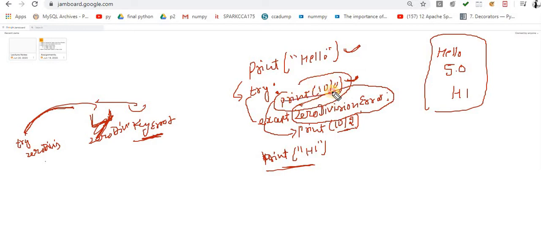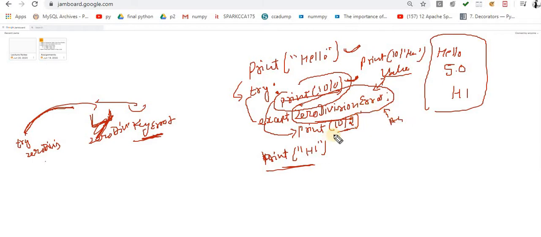By mistake, if you try to do print 10 divided by this 10, now this is the value error. Now the error will be thrown over here. Now this except block, the catcher is zero division error, but I am getting the value error. When I am getting the value error, this is the mismatch. The appropriate class is mismatch. Now it is again abnormal termination.